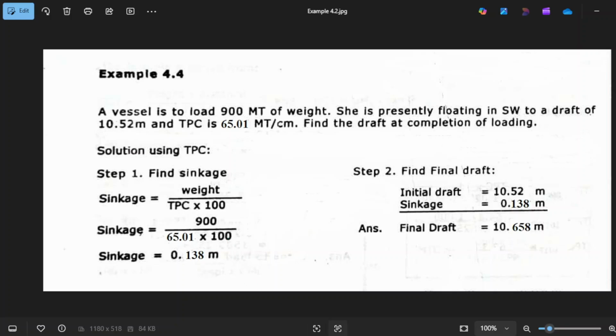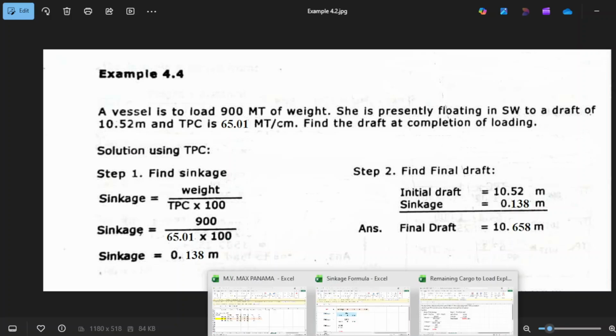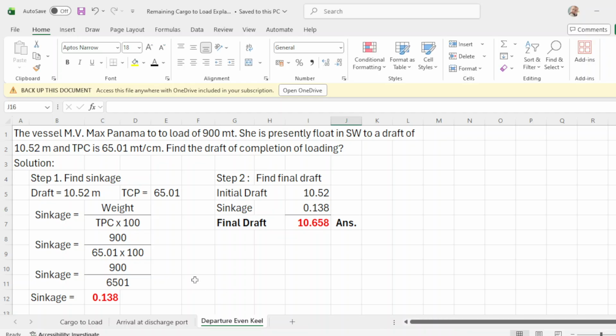And I have here made in Excel. So your initial drop is 10.52, and your TPC is 6501. Okay, sinkage is weight over TPC times 100. So you have this weight of 900.